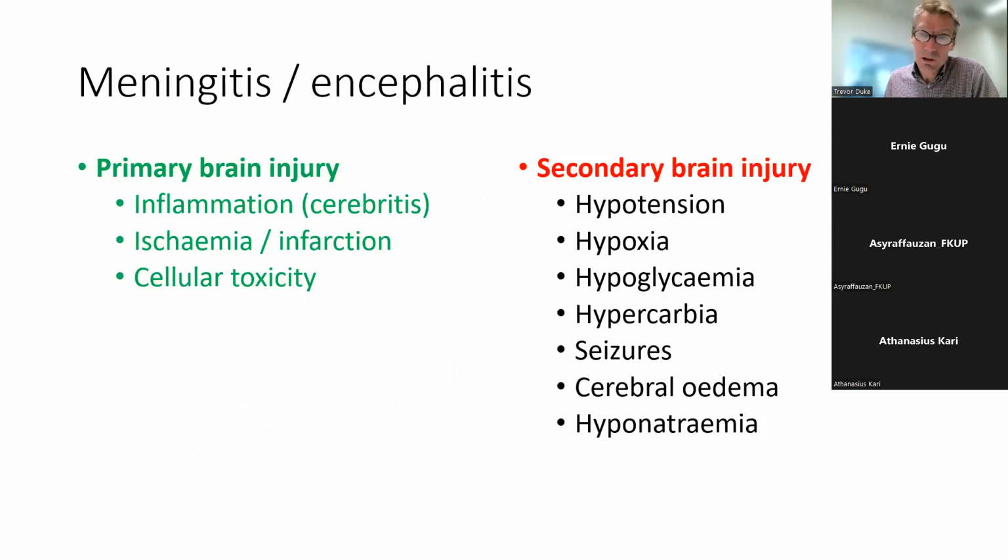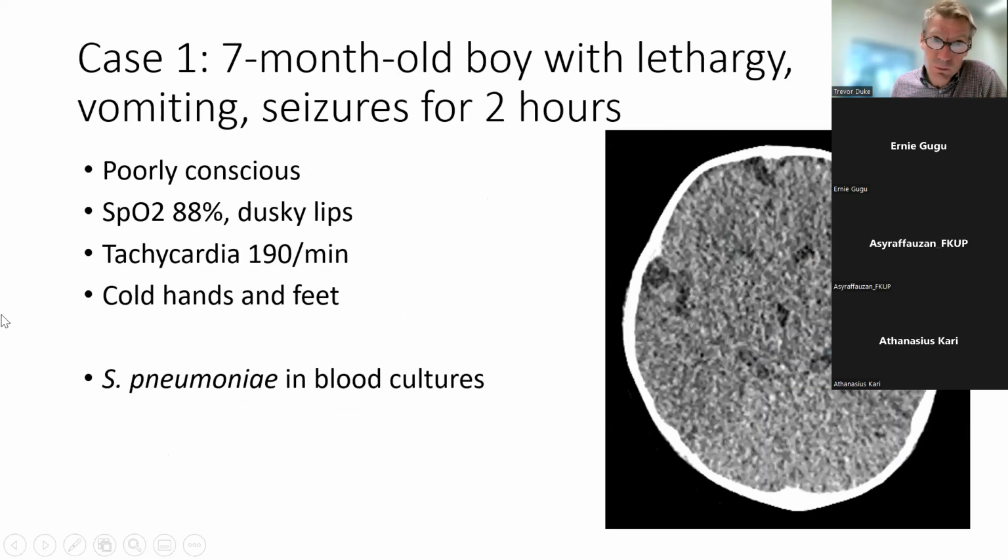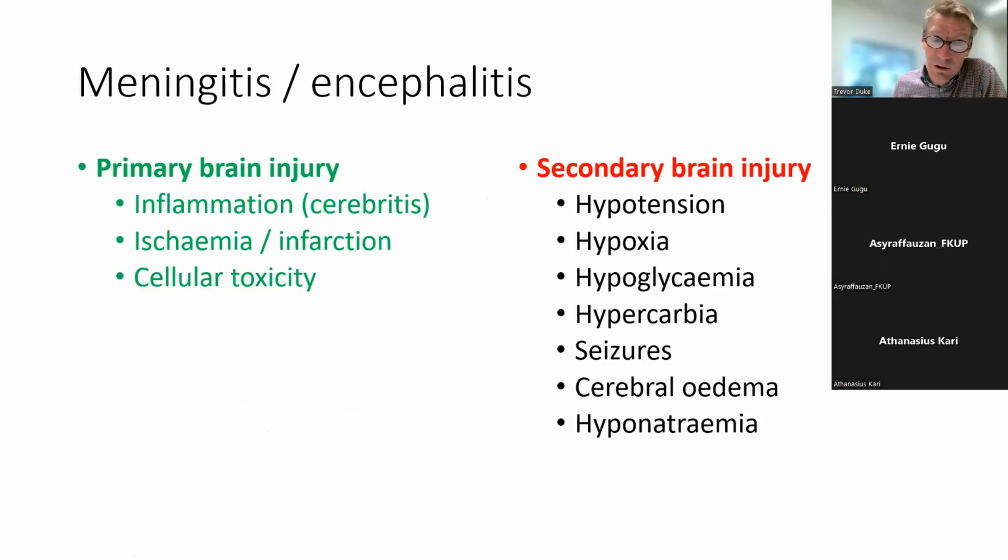When we think about the possibilities in this child, I want to go back to the original problem. So lethargy, vomiting, and seizures for 2 hours in a child who's got a fever. What we would think is that the child might have meningitis. And when we're thinking about the management of children with meningitis, then you need to think about, firstly, what's called the primary brain injury, like the infection itself, and what might be secondary brain injuries that we can try to avoid. Okay, so the primary brain injury occurs because of the infection, and that occurs when a child's got meningitis